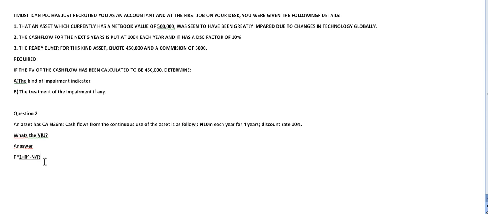Okay, you can't say she's not correct. She's actually correct. It depends on how you want to put it. There are two ways to write it. Let me rewrite this now. You can as well say it is principal